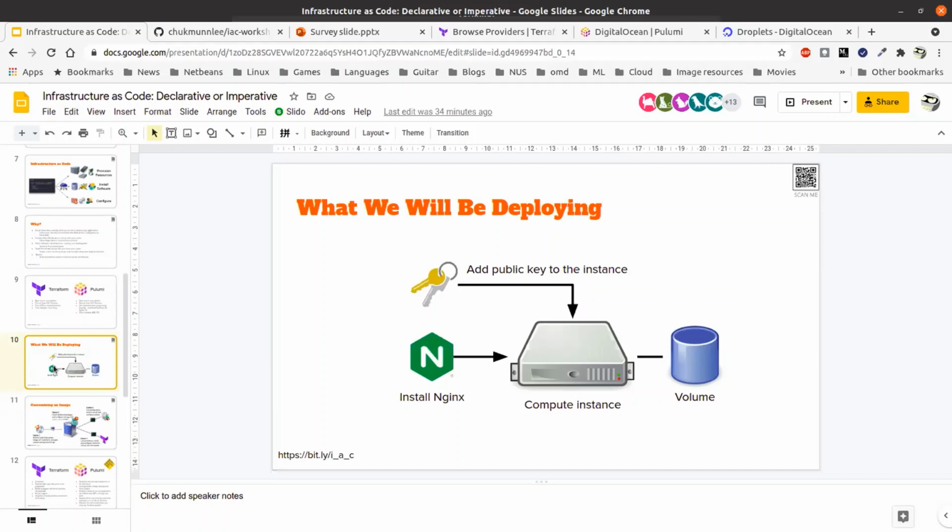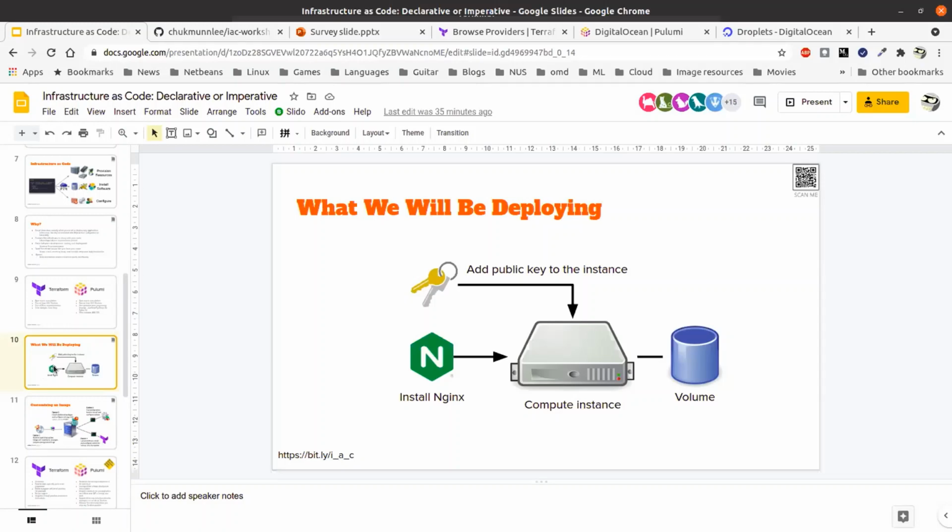We will attach a volume to it, and then we will install an SSH public key so that we can SSH into the instance, and we will install Nginx. Nginx is a web server, a reverse proxy. Okay, so this is like the hello world of IAC.